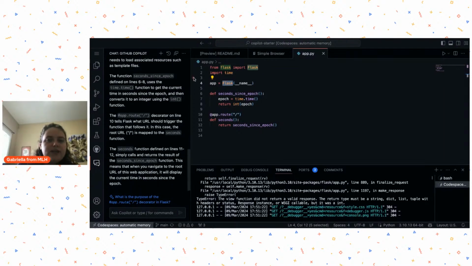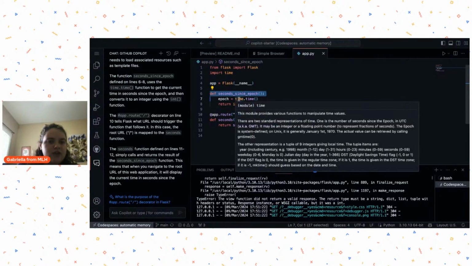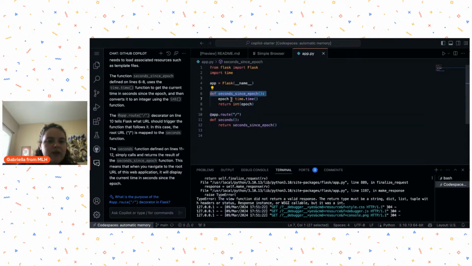So then it goes on to tell me that the function seconds since epoch, this function right here, uses the time function to get the current time in seconds since the epoch, and then converts it to an integer using the int function. So right here, it's assigning the time since the epoch in seconds to the epoch variable. And then later,